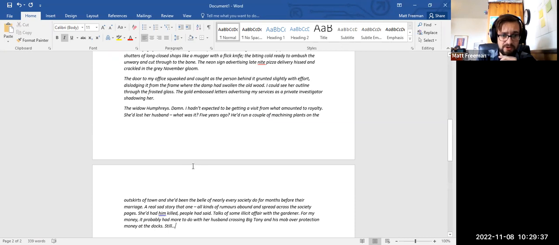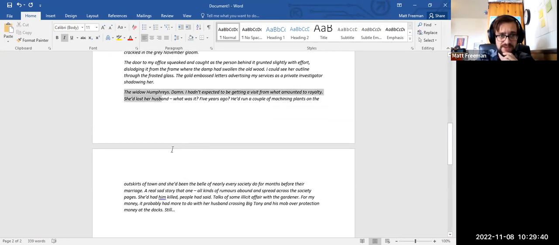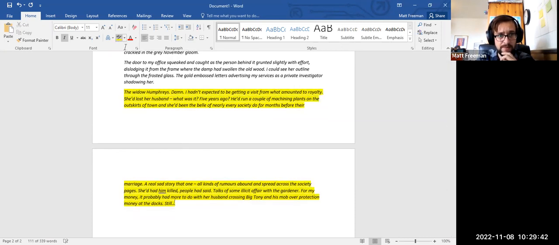So if we have a look at this internal monologue, which is this little paragraph here, I'm doing a couple of things. Firstly, I'm introducing this widow, okay? And I'm also starting to introduce elements that are really common tropes with detective fiction. So you've got this idea that there may be something murky in the background here. I'm talking about how it might be the husband went missing after he crossed some important mobster in the city.